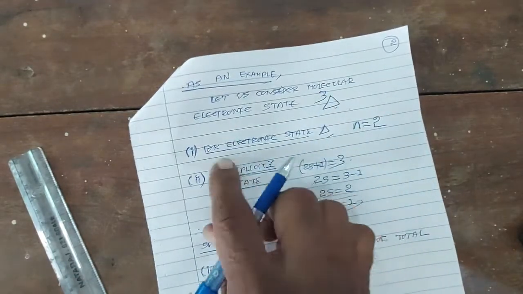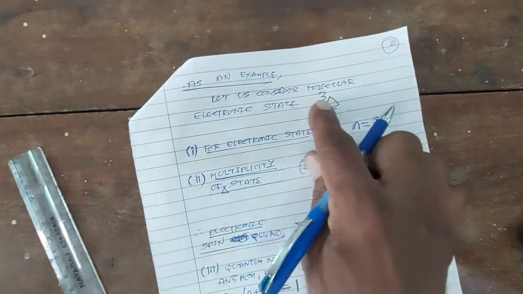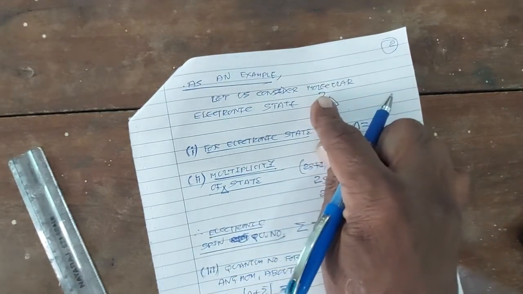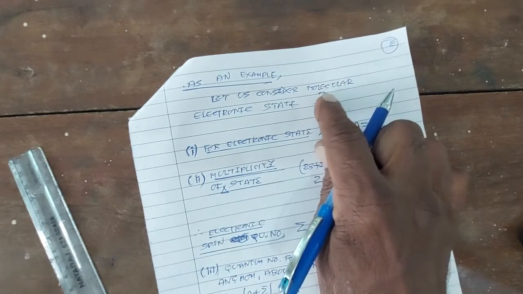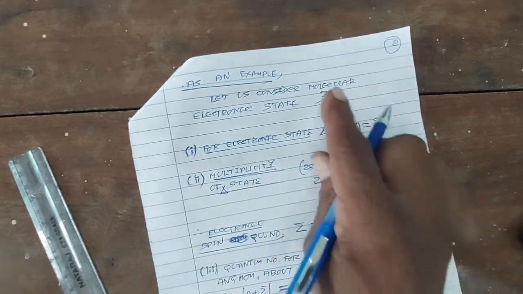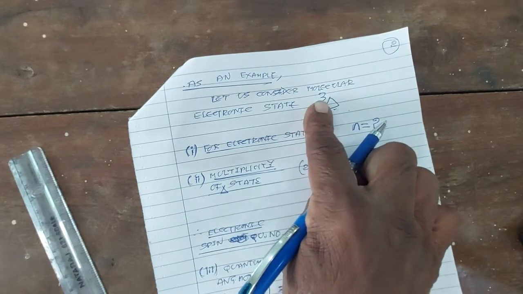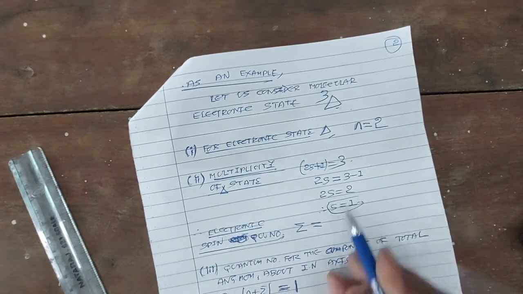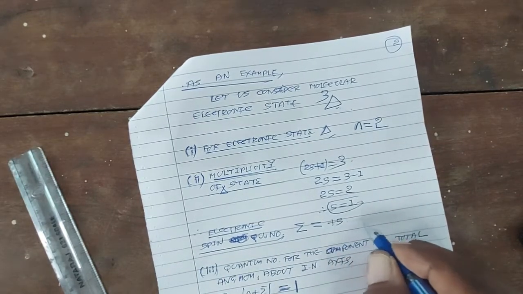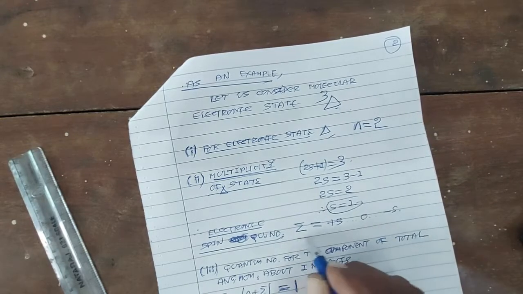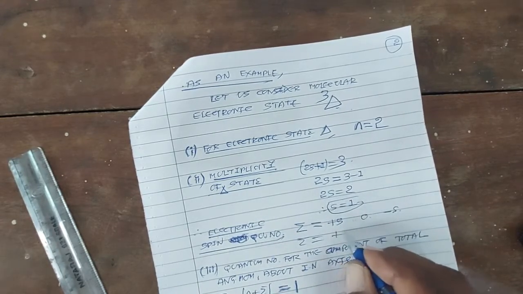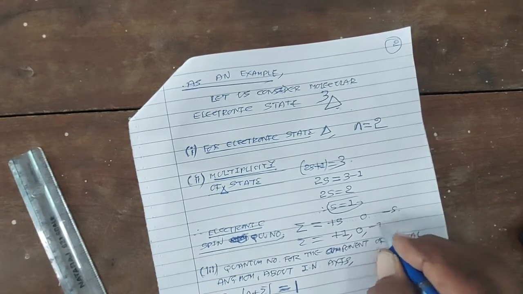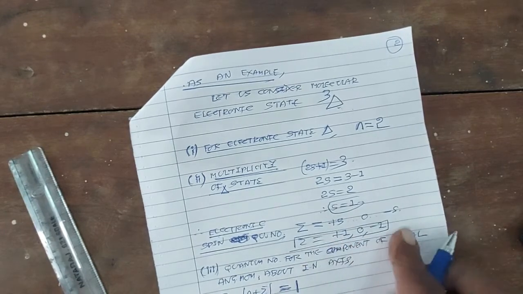So the multiplicity of delta state, 2s plus 1, is written on the left hand side superscript of the delta symbol, that is 3. So 2s is equal to 3 minus 1, which is 2, so s is 1. Now the electronic spin quantum number has values plus s to minus s. Plus s means plus 1, 1 minus 1 will be 0, 0 minus 1 will be minus 1. So sigma has 3 values, 1, 0 and minus 1.